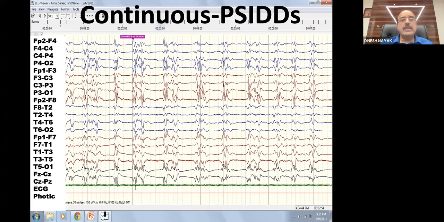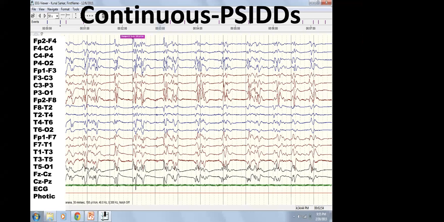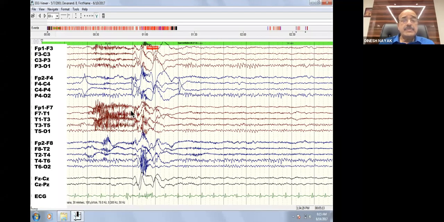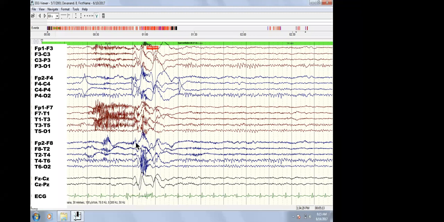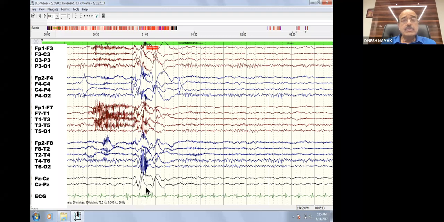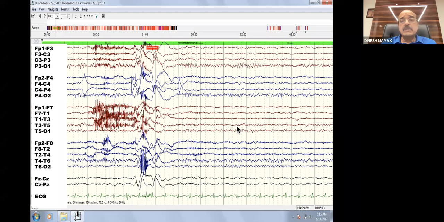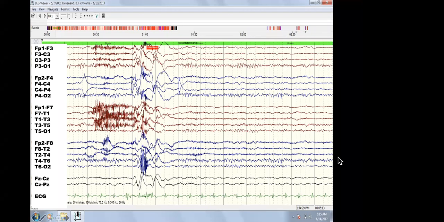Now, this is a very interesting one. You should never be satisfied by one page, 10 or 12 seconds of the EEG. And you can see there is one burst. It is a diffuse burst, and that's basically a sharp, slow wave complex, which is seen diffusely. Now, the background is normal before the burst and after the burst. There's only one burst on this page.